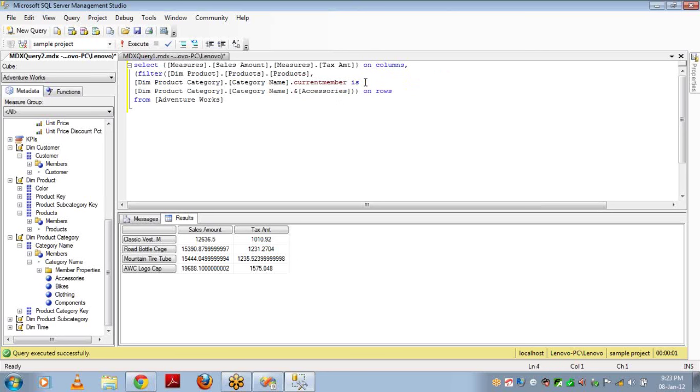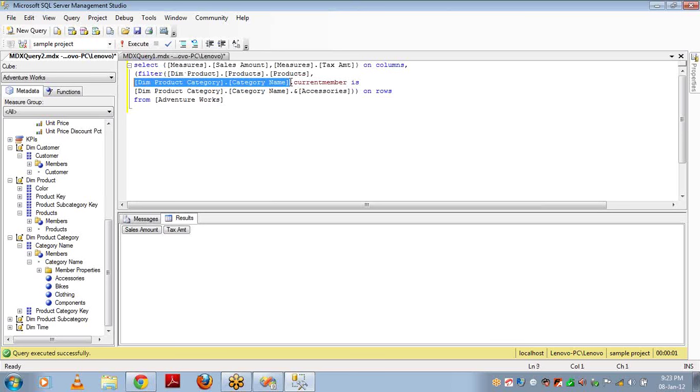I'm filtering where category name dot current member is category name dot accessories. Even though I'm not calling the category name in the rows list, I can still use it and filter out the data. Let's see whether it is getting filtered or not. Oops. Let me add the category name here.